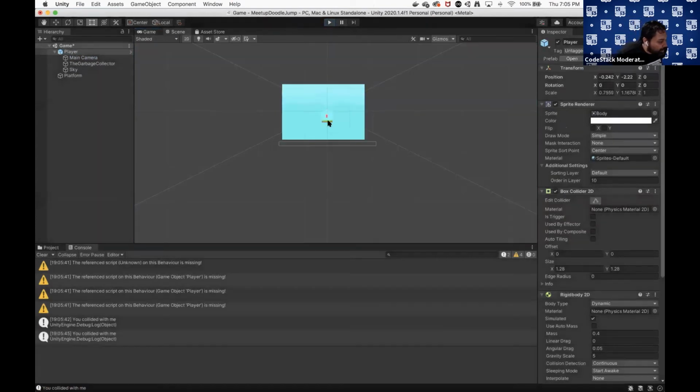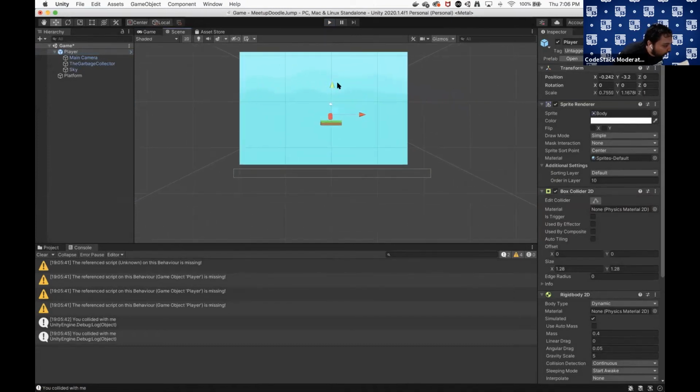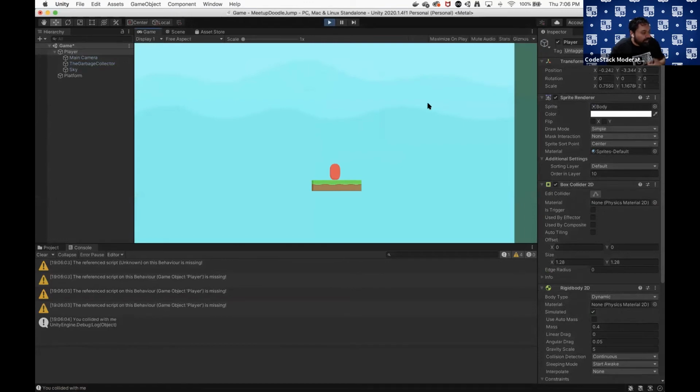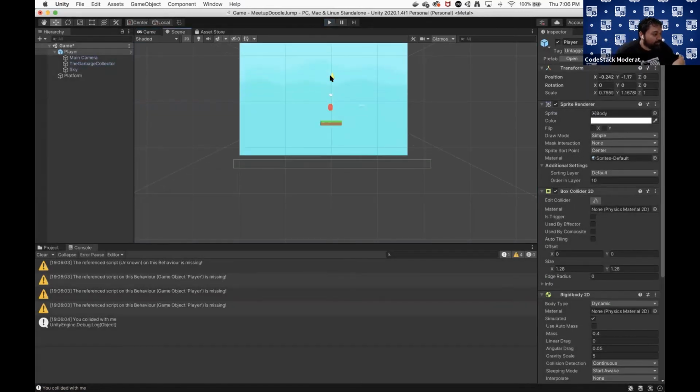Now, if I move my player on the platform itself, it triggers. So you're pretty much in my bubble. Maybe that's a better debug log: "Hey, you're in my bubble, man." All right, so now that we've registered the event,